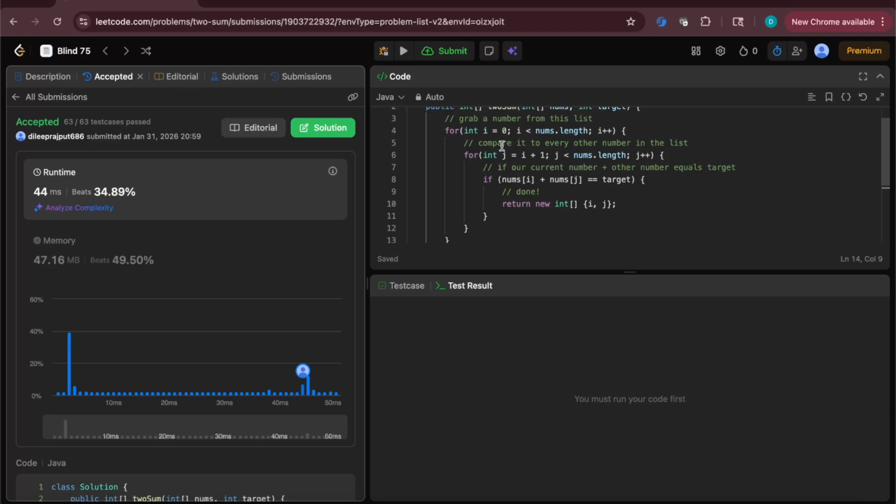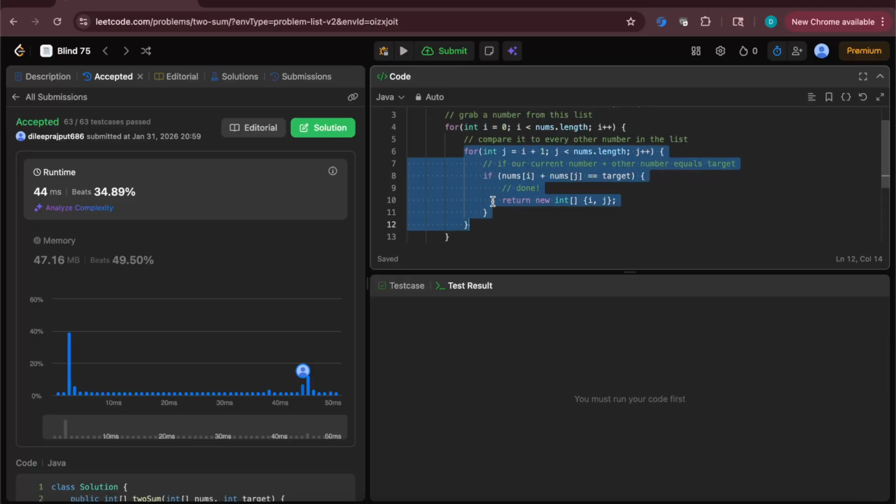And if we look at this algorithm, we have to go through all the numbers and then we have to find another number that adds up to target. And our finding process is actually kind of labor intensive. We search through every other number one at a time. If we could look up the other numbers faster, then we could reduce the time our algorithm takes to find